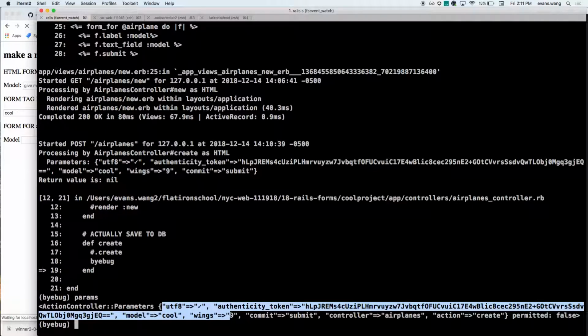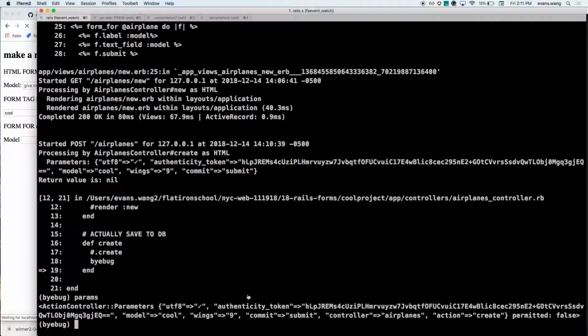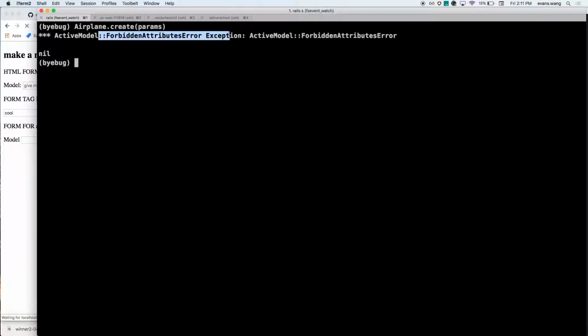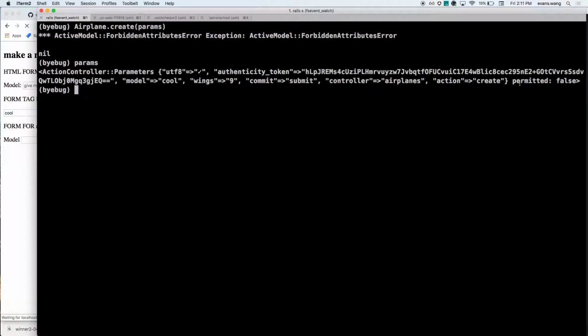All the params are coming through, even the hidden ones, just exactly as you saw in Sinatra. If I were to do Airplane.create, will these params work? Forbidden attributes, it blocks it. Params, this permitted is false. But it also wouldn't work, even if permitted were true, because